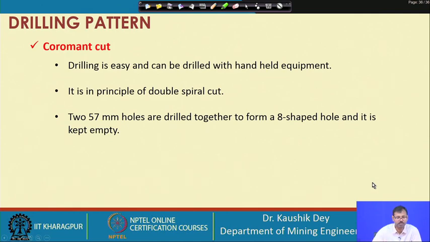So, basically Coromant cut drilling is easy. Drilling can be done with handheld equipment. It is principally a double spiral cut, and two large diameter empty holes have to be drilled in the center, so that sufficient empty space is provided for the charged holes.